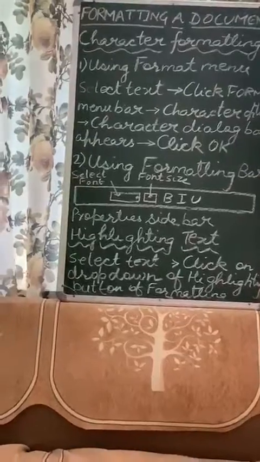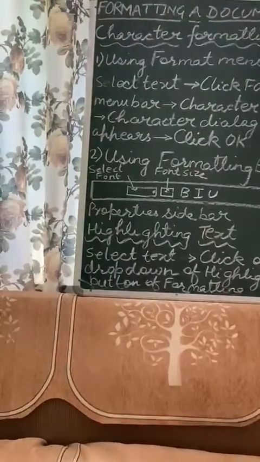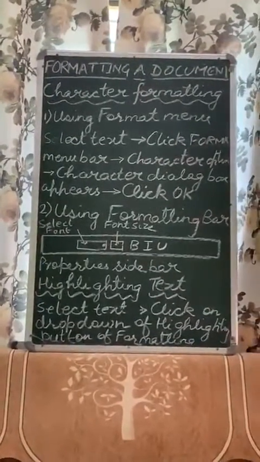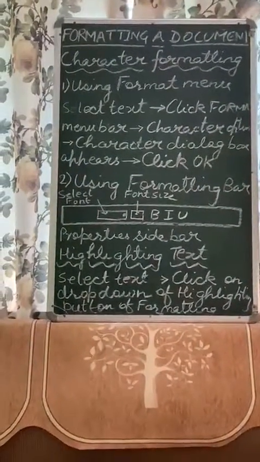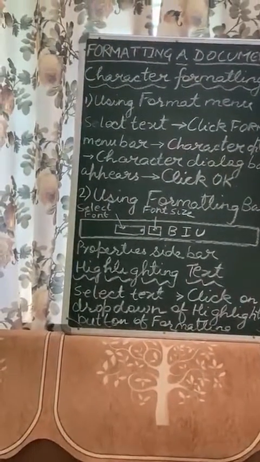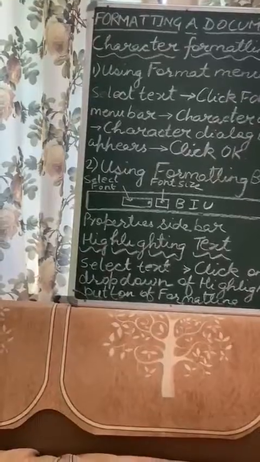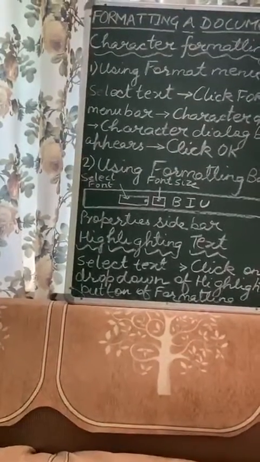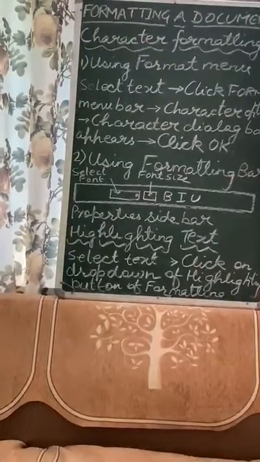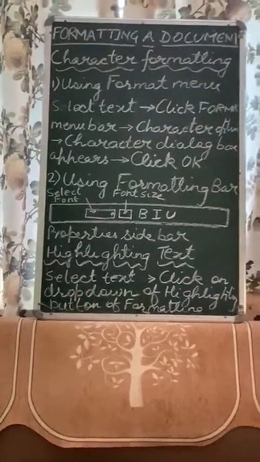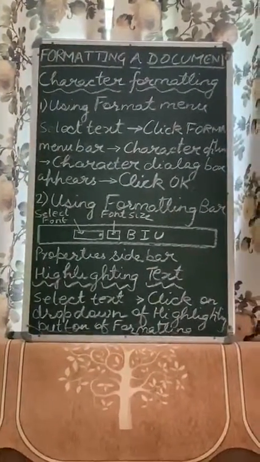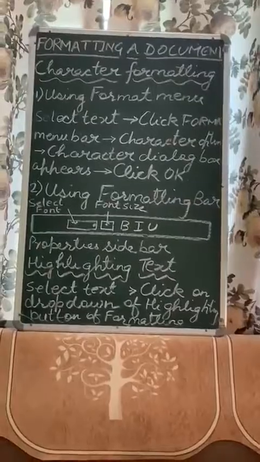Next one is your hyperlink, if you want to make the text a hyperlink. Hyperlink means you want that text to be underlined, and whenever you take your mouse there, it will turn into a hand shape. And then the last thing in the character dialog box is the background. Background means the background of your text. Finally, you will click OK. So this will help you change the character formatting using the format menu.